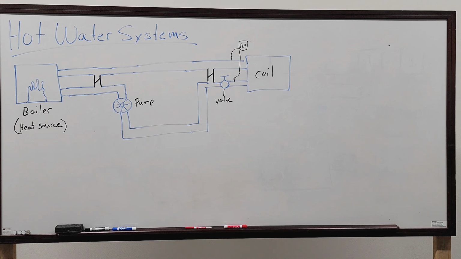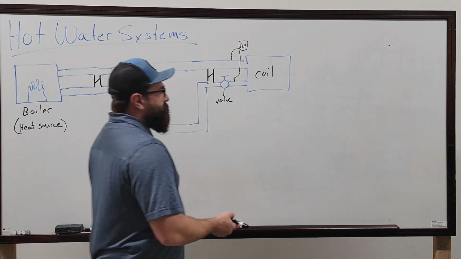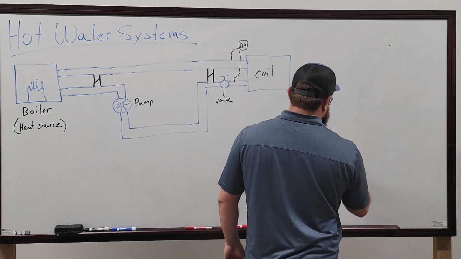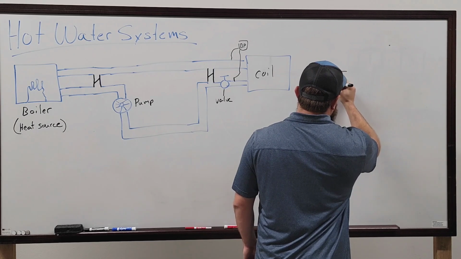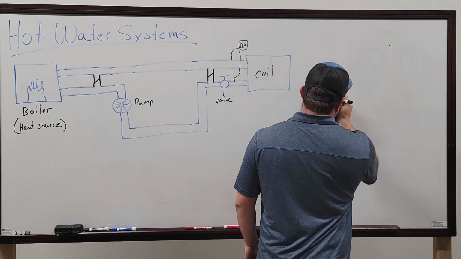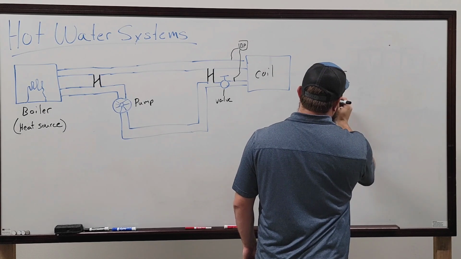So constant flow meaning your gallons per minute or hour never change. The pumps run at a set value. It's always circulating X amount of water, no matter what. The ones that have a bypass valve and maintain differential pressure still do the same thing, where your pumps run at a constant volume, but instead of having a three-way valve up at the top of the system that allows the loop to go either direction, you would have